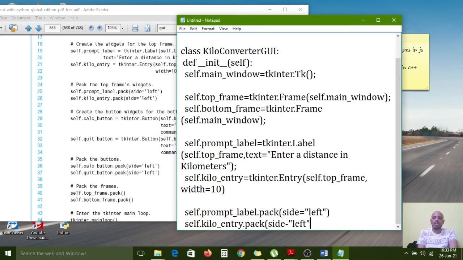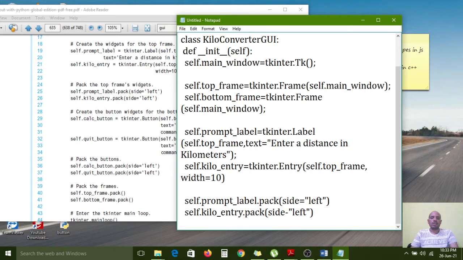Because these two, the text box and label, will be arranged side by side by the pack method in the frame, in the top frame. So now the first label and the text box, using those two widgets, we have placed in the top frame.